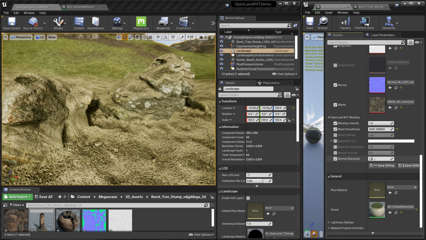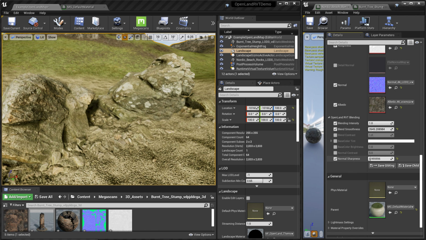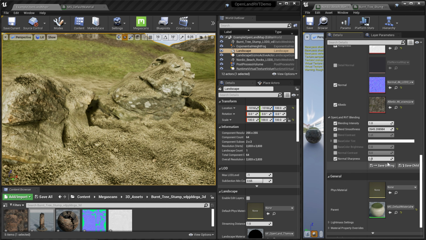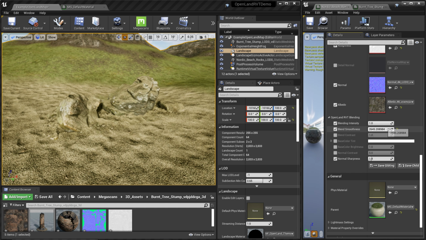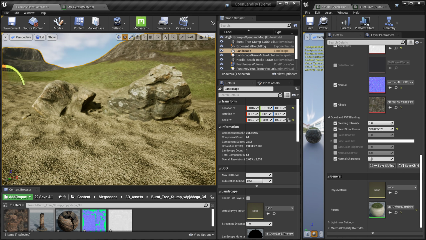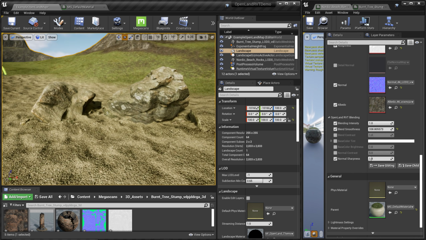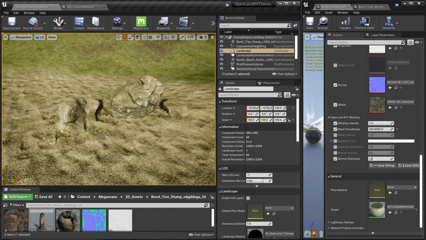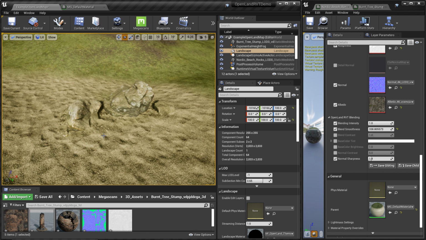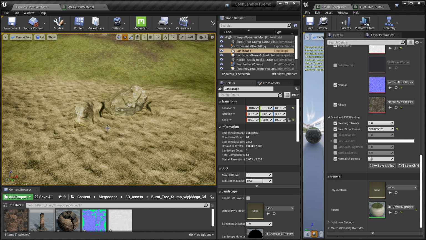You can also reduce that and try to get more information, but I think this is just a magic number that works fine. Also, I don't like this much blending, so it's up to you. You can tweak the sliders and try to get a nice blend. And you can not only work on these flat surfaces, but you can also do this on the slopes.